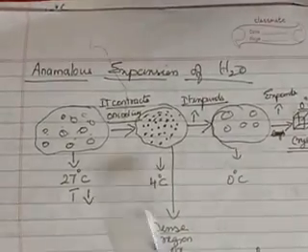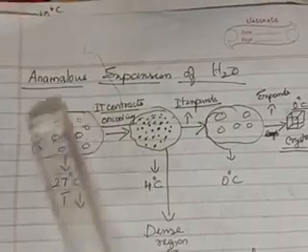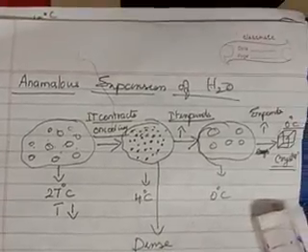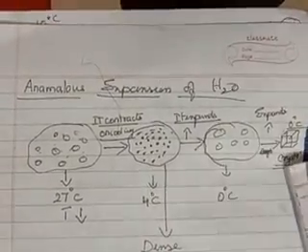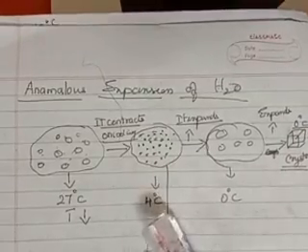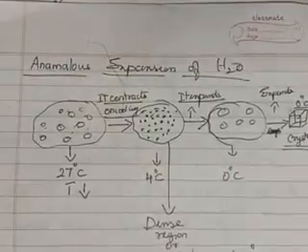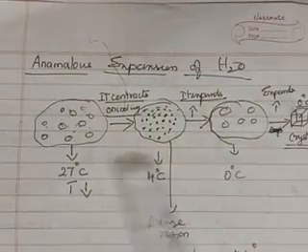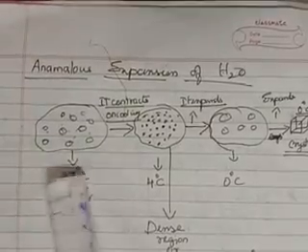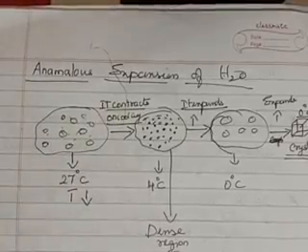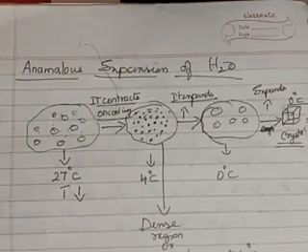Now you see the water molecules. This is just a representation. So you have to see the diagram and understand. Even when you are explaining anomalous expansion in the exam or the test, you can put the same diagram and explain. No botheration. So let us consider the water molecules at 27 degrees Celsius. You can see the spacing. It will be normal. The spacing is quite appreciable.